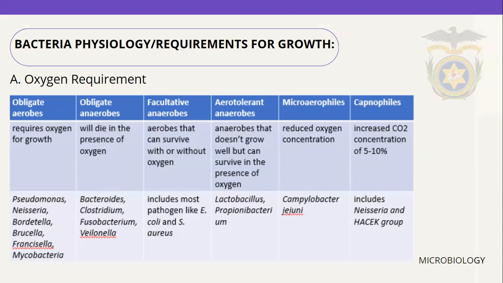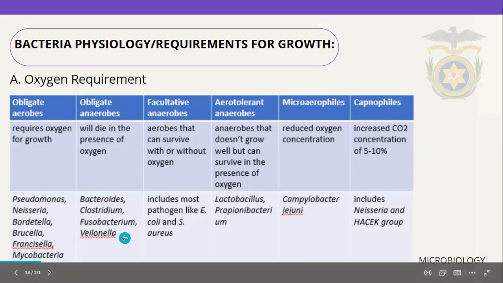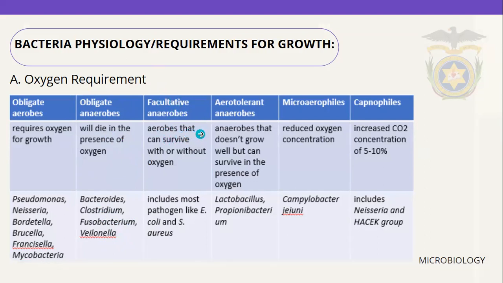So for the first one, we have the oxygen requirement. So the first one here, we have the obligate aerobes, and they require oxygen for growth. Mainly, they are commonly seen in Pseudomonas, Neisseria, Bordetella, Brucella, Francisella, and Mycobacteria. Meanwhile, obligate anaerobes will die in the presence of oxygen, commonly seen in Bacteroides, Clostridium, Fusobacterium, and Veillonella. Facultative anaerobes are aerobes that can survive with or without oxygen, and this includes most pathogens like E. coli and